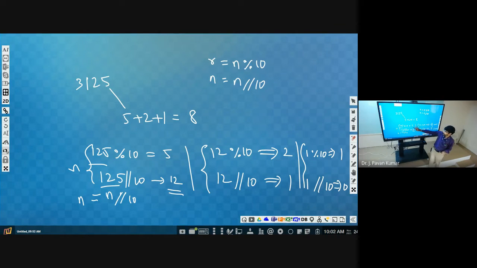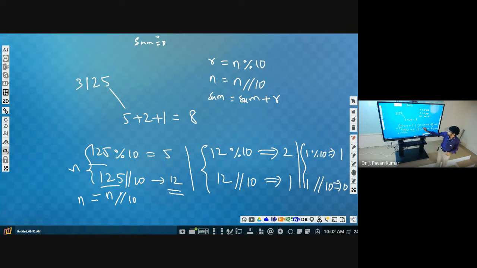Before getting the first digit, this 5, what is the sum? We haven't added anything, so sum will be 0. Let us initialize the sum variable as 0. Whenever we get this remainder, it is nothing but one digit, right? That digit we have to add to the sum. So what is the statement? sum is equal to sum plus r. As of now, what is the sum? 0 plus 5, so sum is 5.